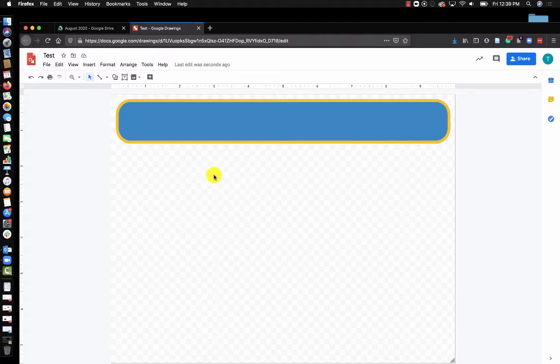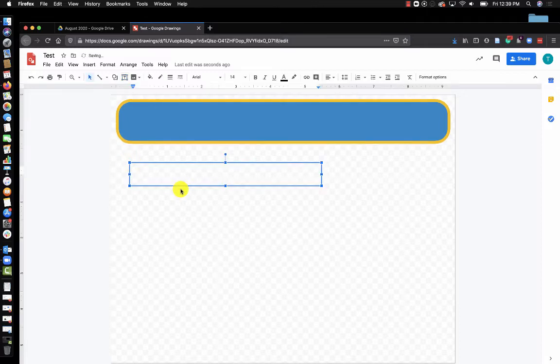Next, I'll put a title in. I will click on the T right next to the shape icon. This is my text box. I can simply just click wherever I want, and this will bring up a text box that I can resize the same way I resized my shape earlier. I'll type in my title,